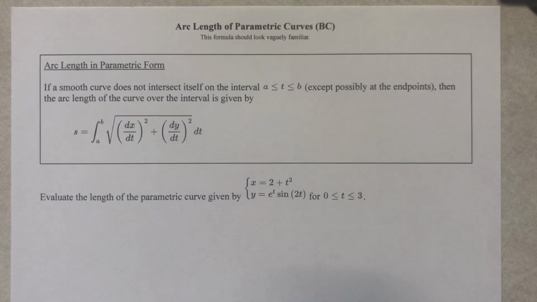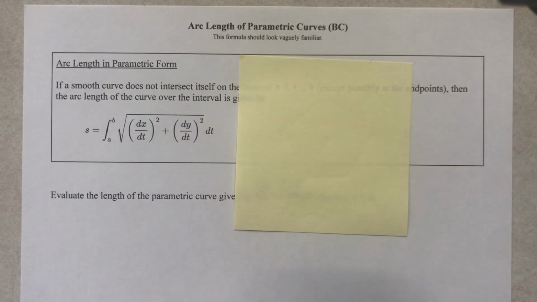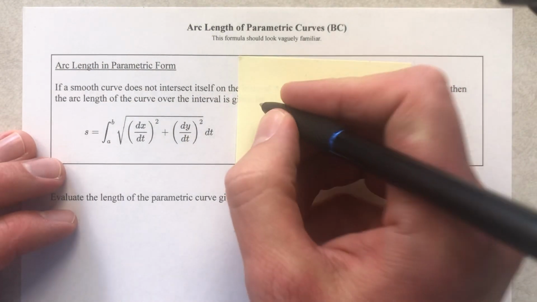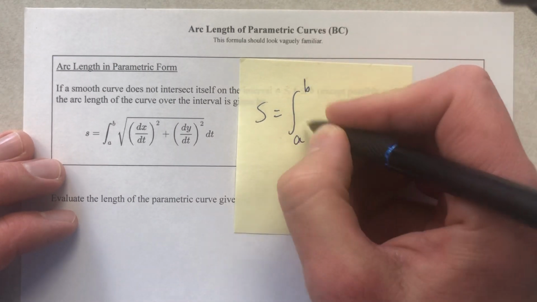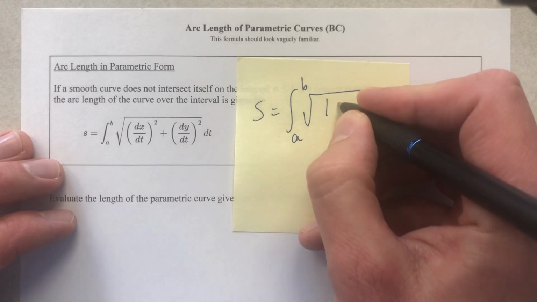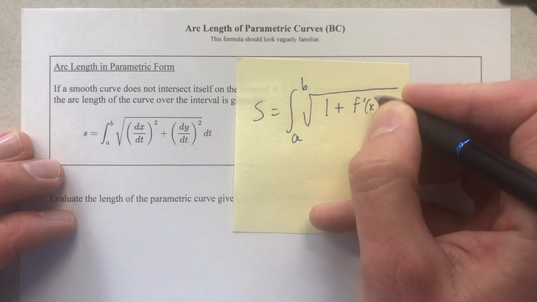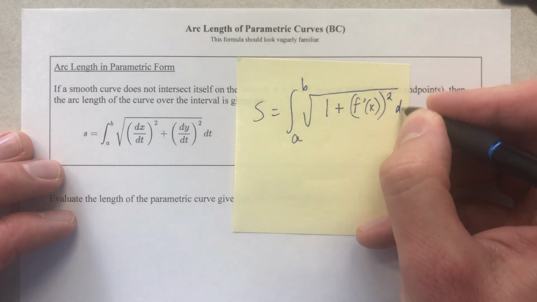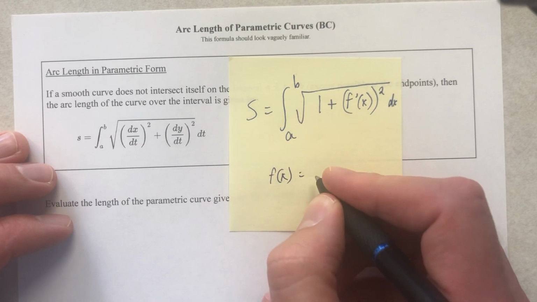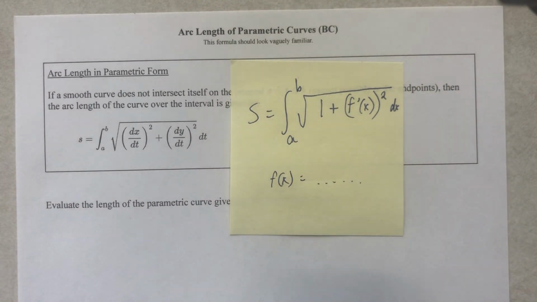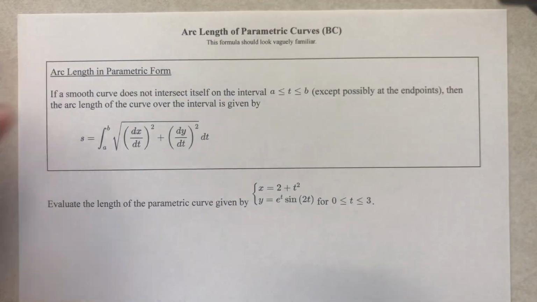This formula is going to look familiar, because it looks a lot like this. This is the length of an arc, we'll call it S, on an interval from A to B: the integral of the square root of 1 plus the derivative squared, dx. That is arc length if we're just dealing with a regular function, f of x equals da da da da da. Well, now we're dealing with parametric equations,